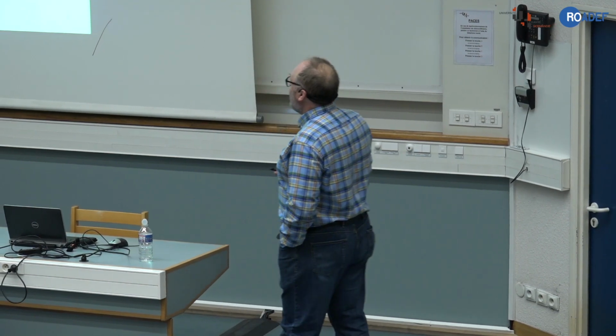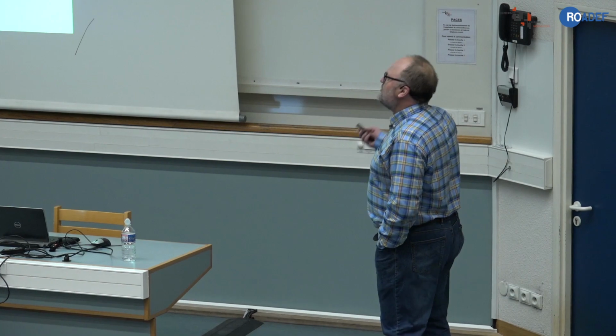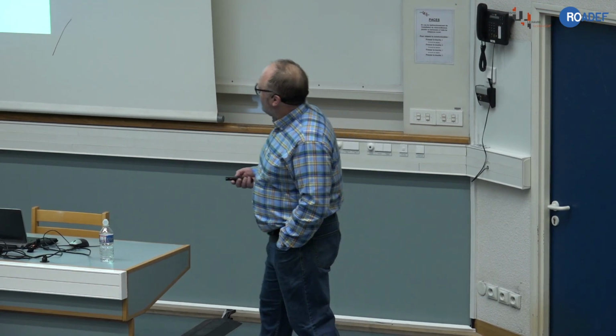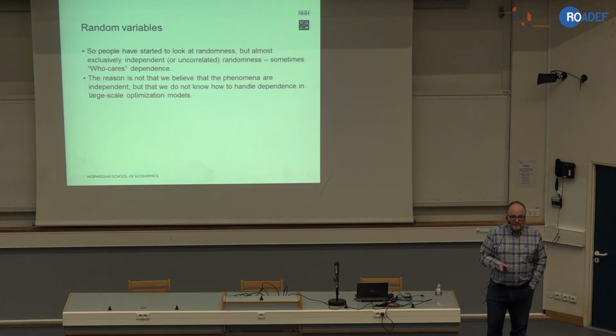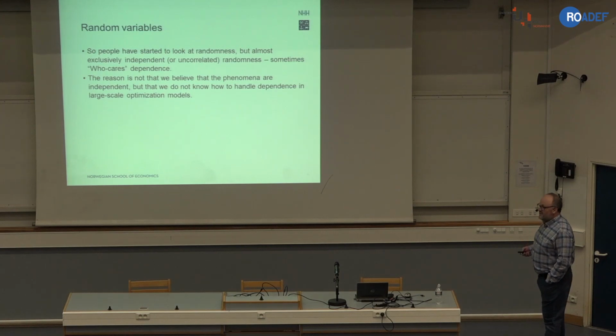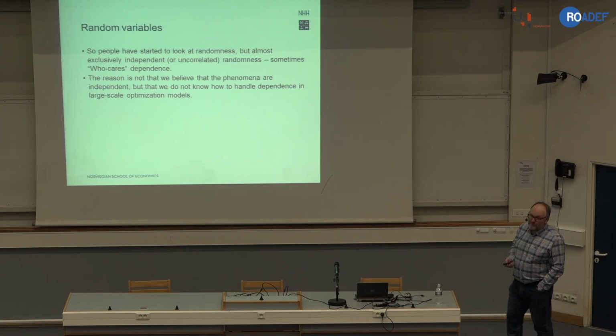So that's something to think a little bit about, if you think that correlations, dependency are important in the first place. The reason is usually, not least, that we believe the phenomena are independent, but we don't know how to handle it. So either it is I don't care, or I don't know that I should care, or it is, yes, I know very well what the issues are, but I don't know how to do it. And that's been, I think, the situation until now, and this is an attempt to show one possible path of trying to handle that in at least some kinds of problems, a little bit more problems than the one I